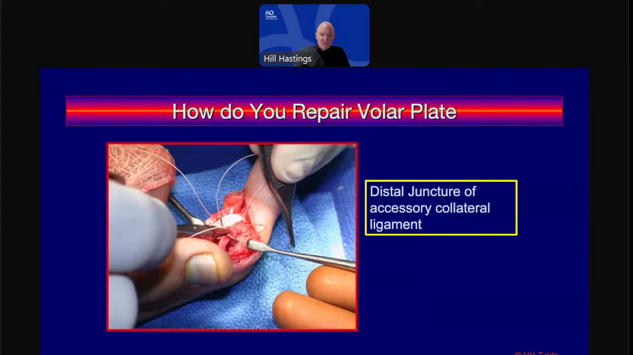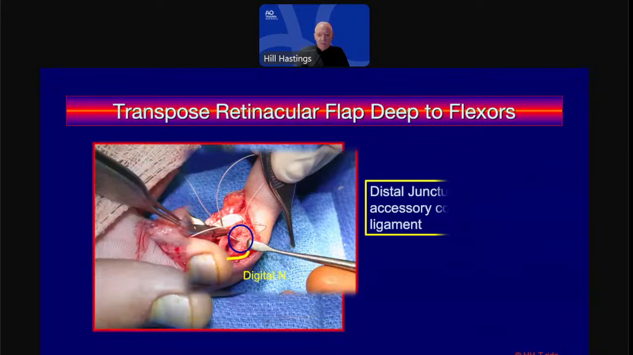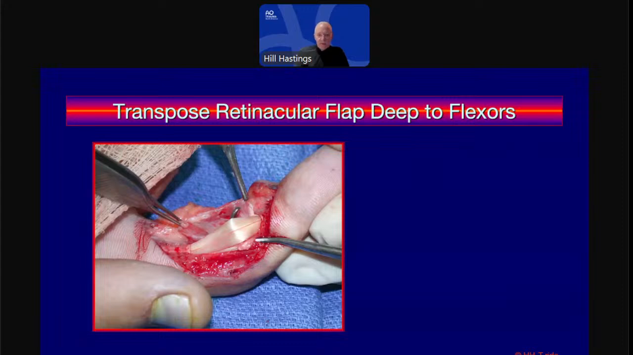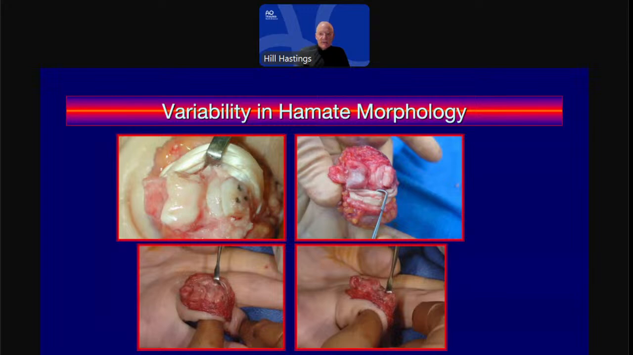The volar plate's easy to repair. It's very robust on the lateral margins, and there's always the accessory collateral ligament insertion that you can repair it to. You just need to be wary of the digital nerve, identify it, look at it, protect it while you put these sutures in. And then I usually do reflect the retinaculum between A2 and A4 pulleys deep to the tendons on closure. I have some other biomechanical studies that came from Canada that I won't show you, but this